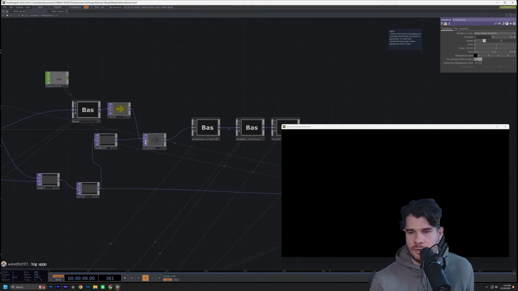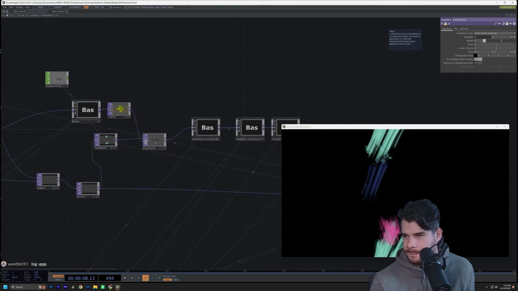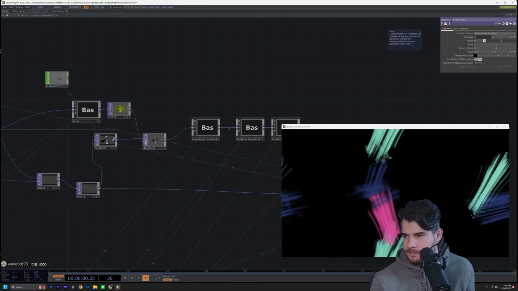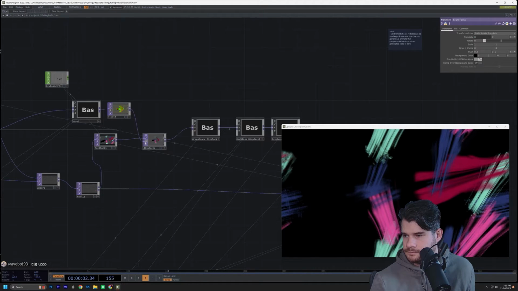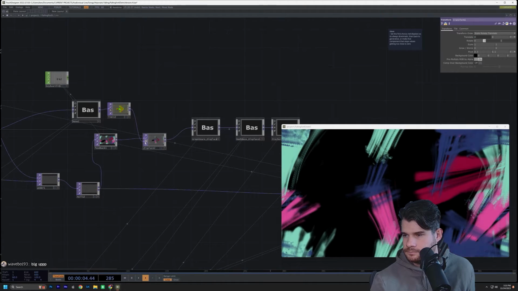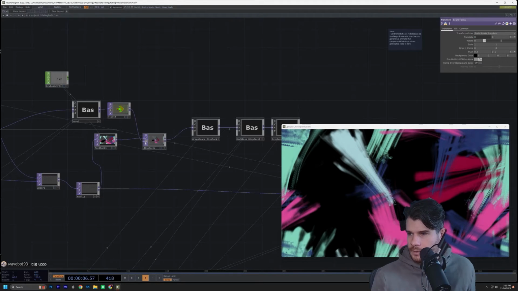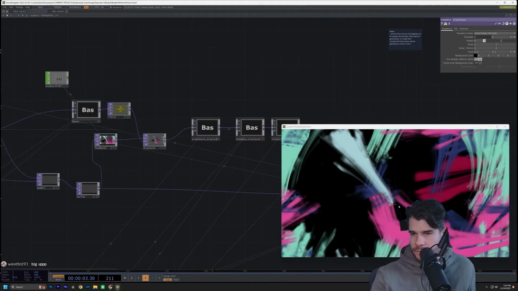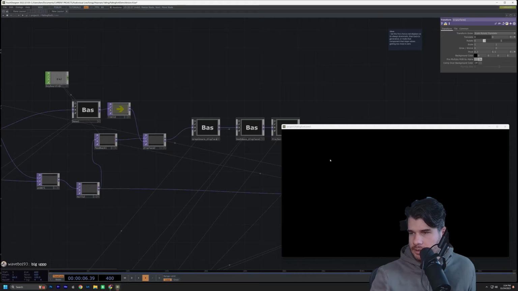So if I did remove this displace, you'll see this is the pure brush. You can see that is what the brush looks like purely without this displace. I'm about to show you what the displace does. But as you can see, the displace is very important, because without it, you just get these build-ups based on what you've got coming in. But as soon as I re-enable this displace,